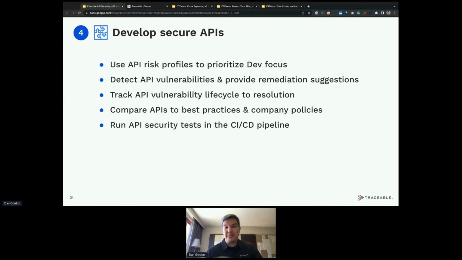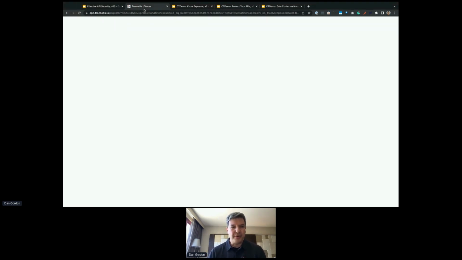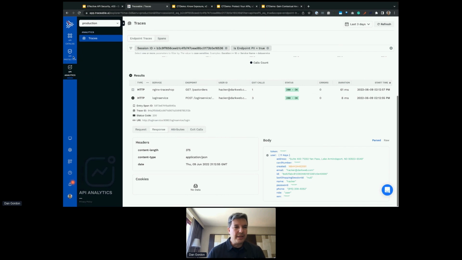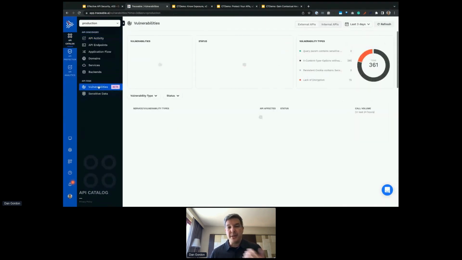So I'm not going to be able to show you that, but I will show you our vulnerabilities. And that actually isn't part of the catalog. As we look at each API endpoint and get a sense for what those API endpoints have in them. And again, we'll wait as we process here. Again, apologies, I'm on hotel Wi-Fi.